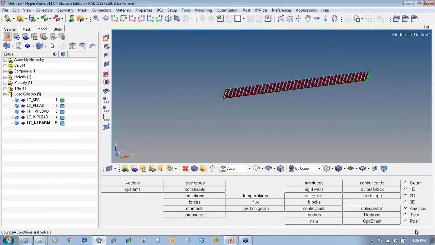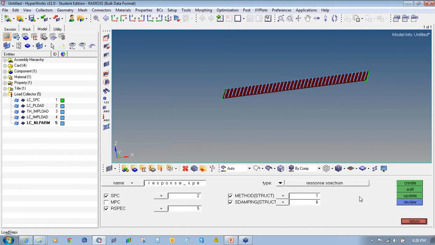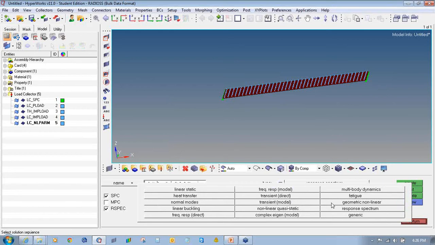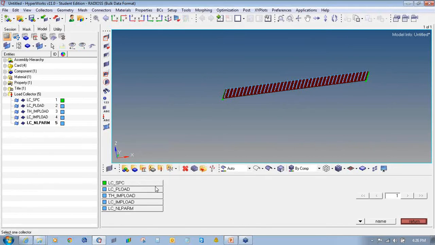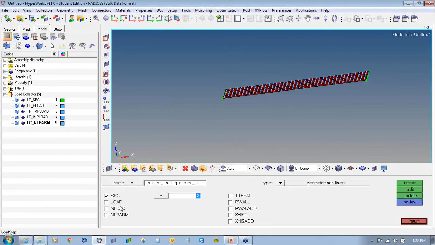Now we create implicit analysis subcase, that is the load step. So I'll go to analysis load step panel, enter the load step name as sub underscore NLGOM implicit. Type as geometric nonlinear. Check the box in front of SPC and select LC SPC.